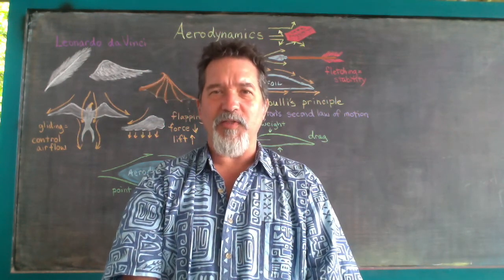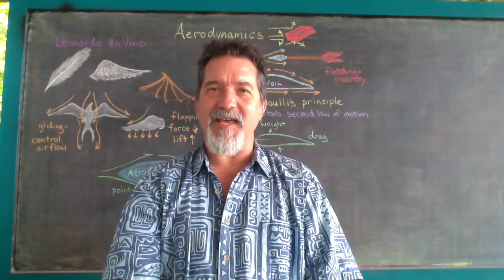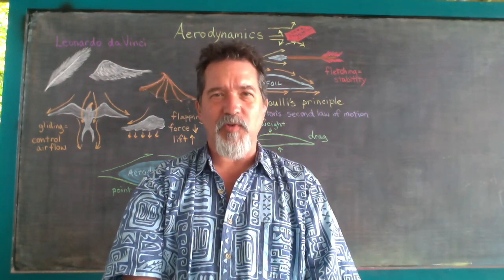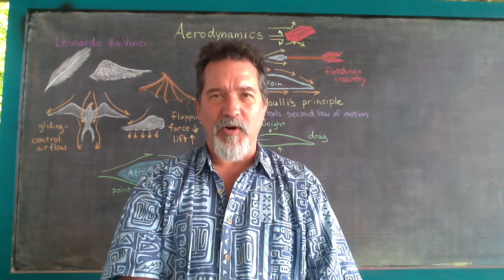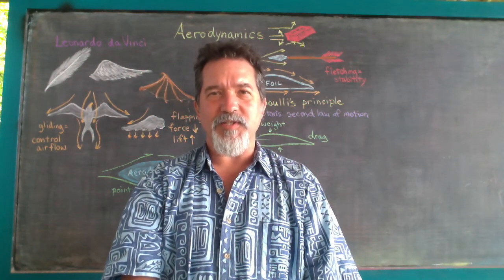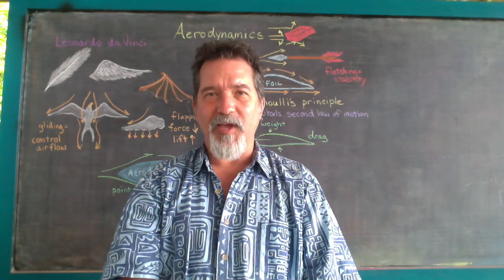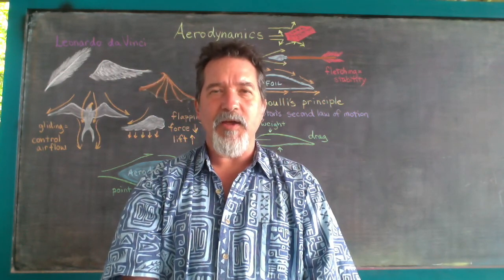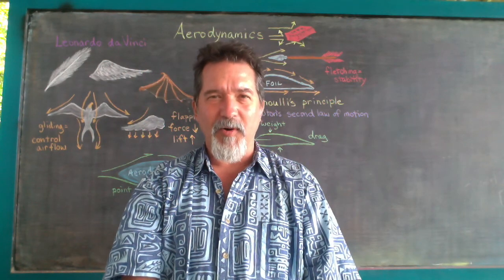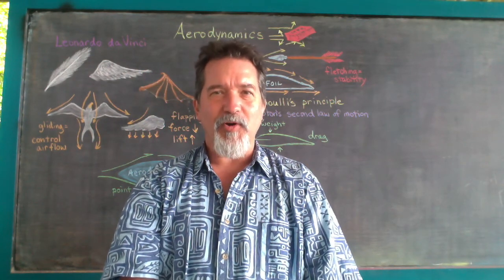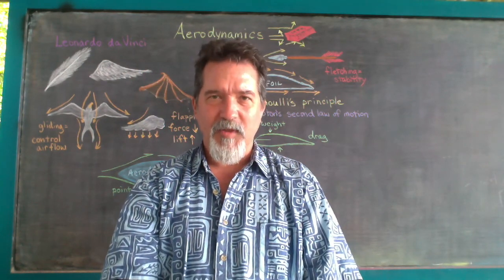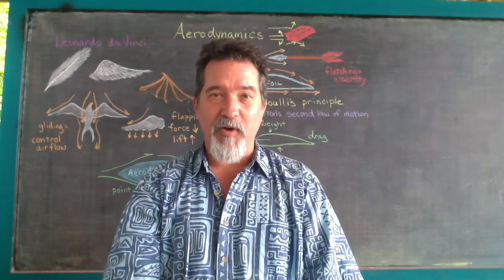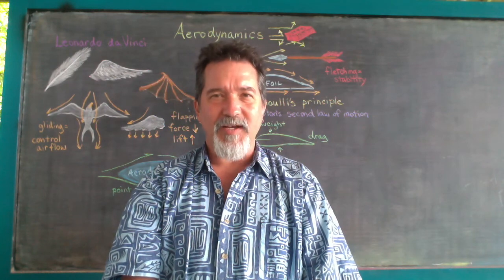Well, of course, we know that birds are able to fly because they have wings. And wings have a very specific type of structure that allows them to work. So what did Leonardo discover in his in-depth look at bird wings? Well, the first thing, of course, is that anyone who knows anything about birds would tell you that a bird has hollow bones. Birds with their hollow bones are able to have the structure of a bone with a lot less weight attached to it.